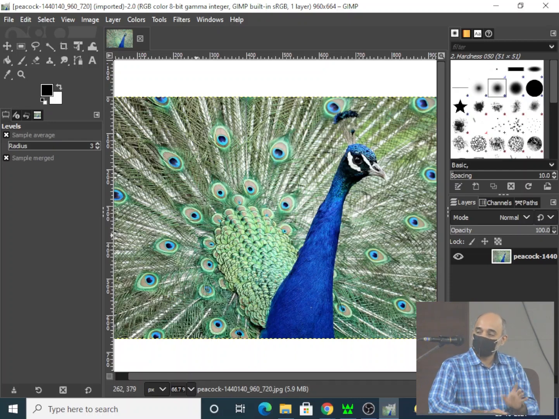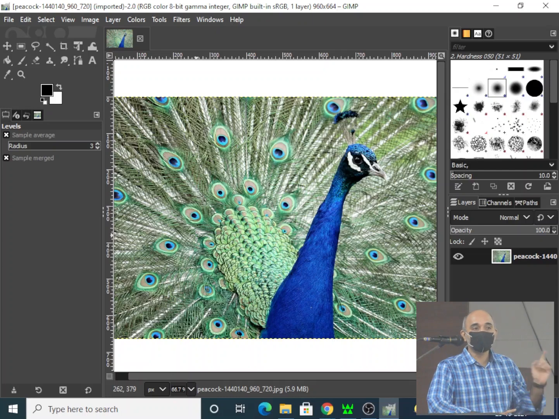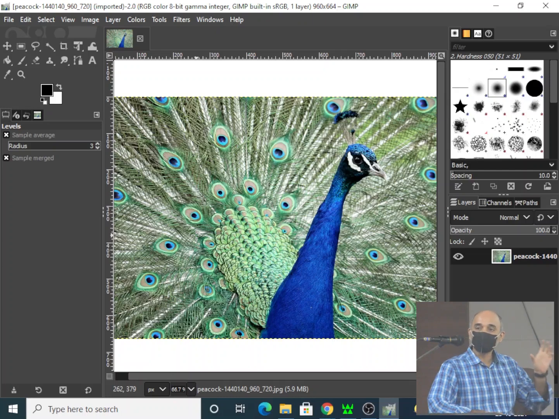We'll not go into details of how the image is stored, but understand that whatever you do here in GIMP will not only be on the 2 dimensions, but also on the 3rd dimension. When we do masking, blending or background removal, we are working on the 3rd dimension. When we are doing scaling or rotation, we are working on the 2 dimensions.